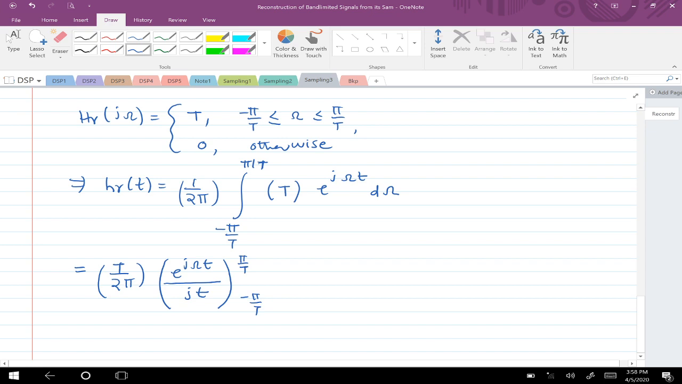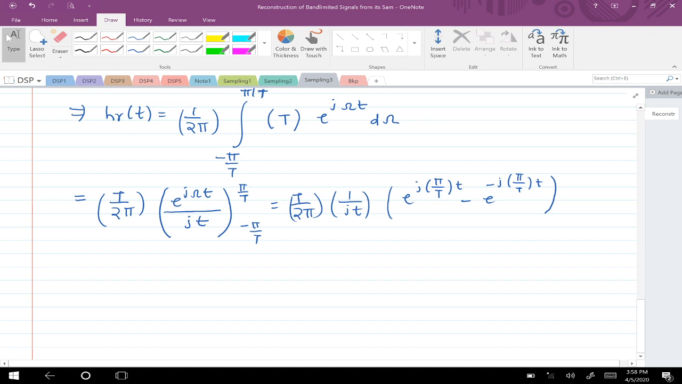So this is equal to T by 2 pi into 1 by jt into e power j times, substituting in the place of omega, j times pi by capital T times t, minus e power minus j times pi by T into t. Okay, so this will give 2j times a sine, and that 2j and this 2j would get cancelled out, so that would give you eventually hr of t is equal to sine of pi by capital T times t